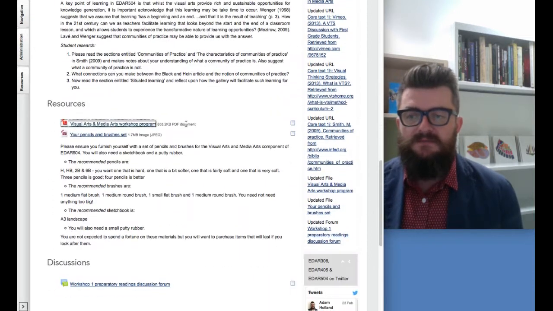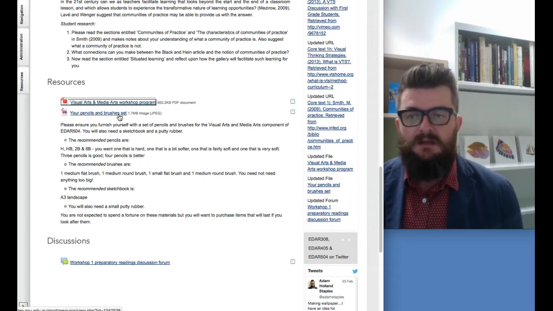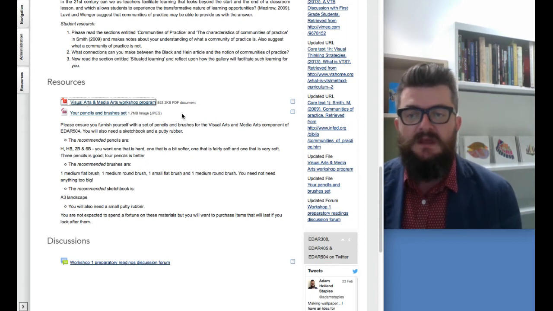Then we have some of the resources. So we've got the workshop program. You are required to buy a pencil and brushes set. Now they're not available in the university bookshop, so you need to go and source them yourself. I've given you some,